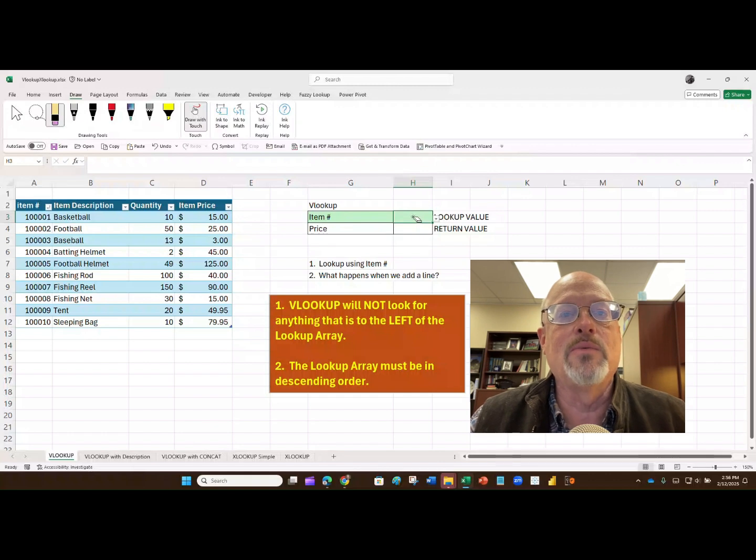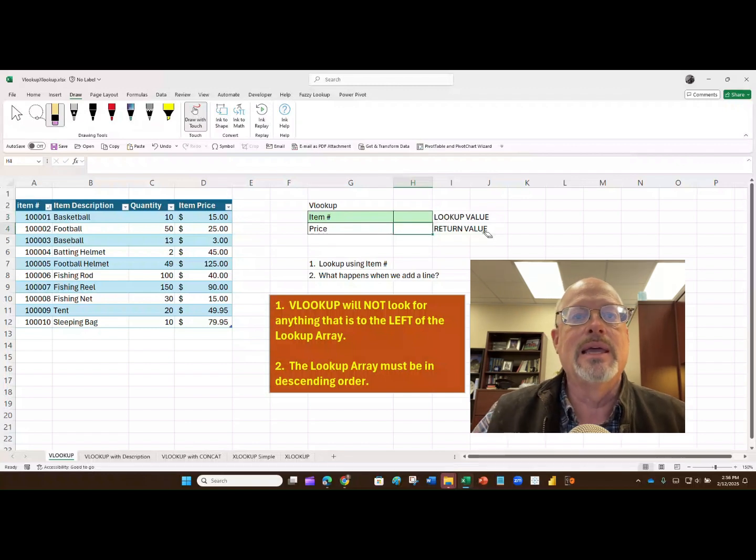So when I'm going to put in my command, I need to know this is the lookup value, where the lookup value list is the lookup array. So in this next cell, H4, what I'm going to do is